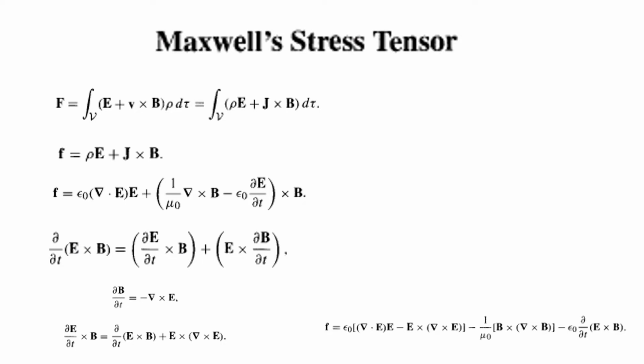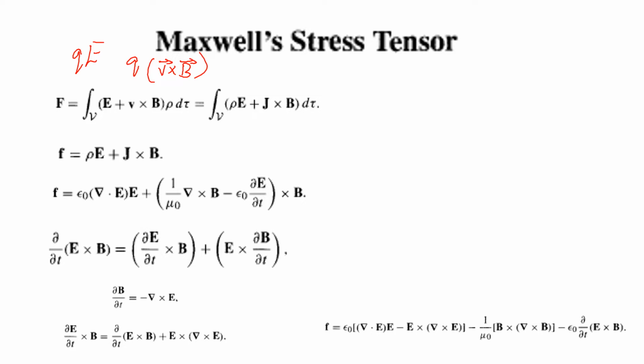So we are in the process of calculating the total electromagnetic force on the charges in a volume V. Just consider there are some charges in a particular volume V, and we have to calculate the total force exerted by the electromagnetic force, that means the electric field as well as the magnetic field, on the system of charges in that volume V. We know that the charges in the volume experience a force due to the electric field, that is QE, and a force due to the magnetic field, that is Q times V cross B.